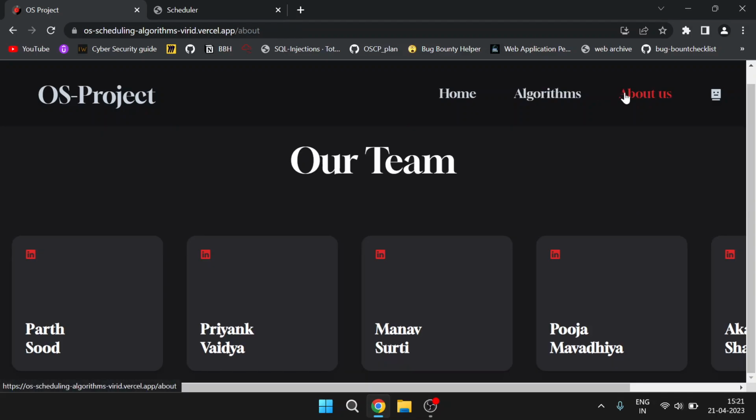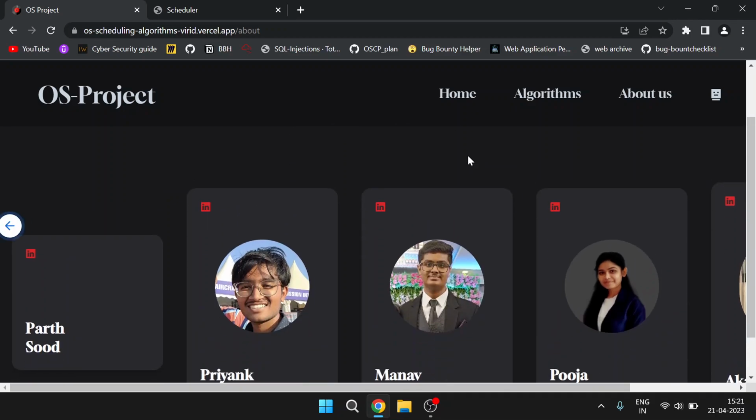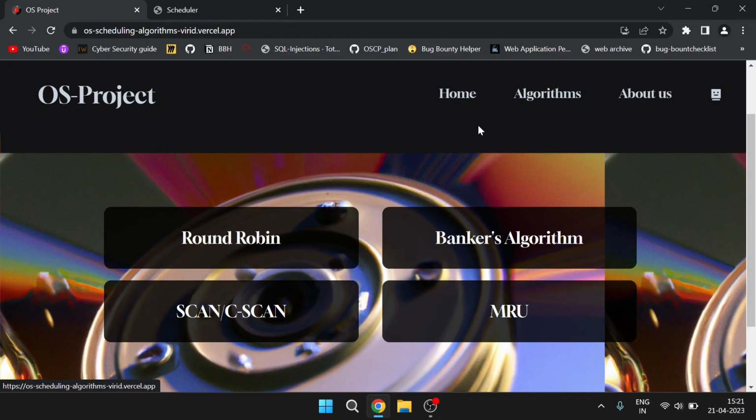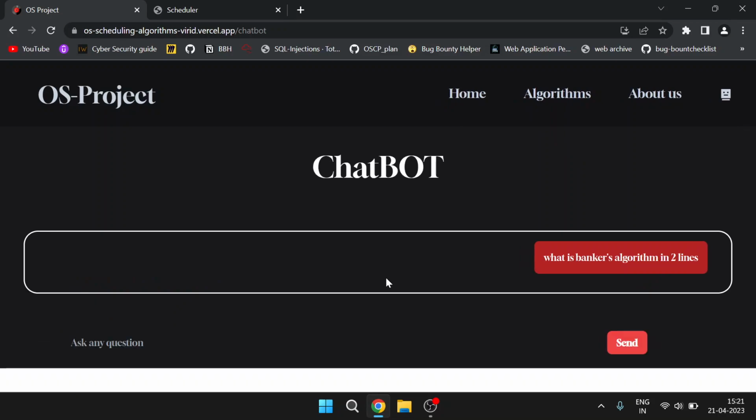Now, about our team: we are 5 members who have contributed to this project, as you can see here. The X factor about our project is that we have integrated a chatbot in our application. Basically, you can ask any question to it. Let's ask, what is banker's algorithm in 2 lines? So what we have done is